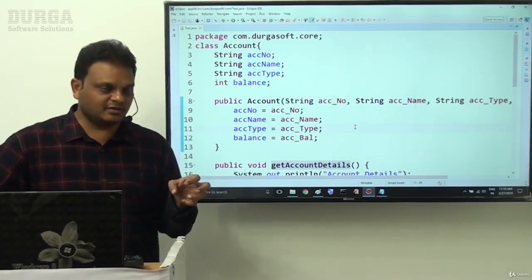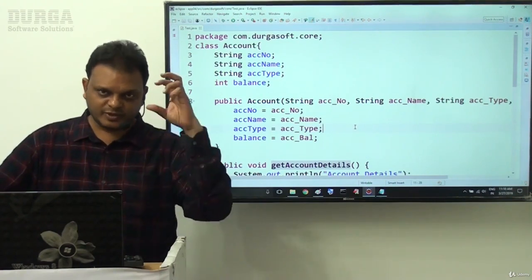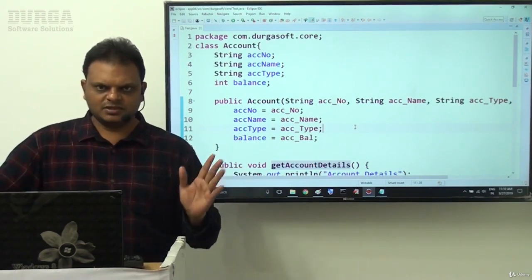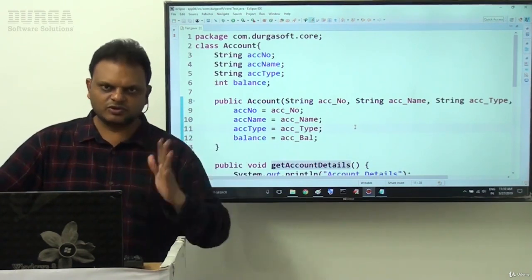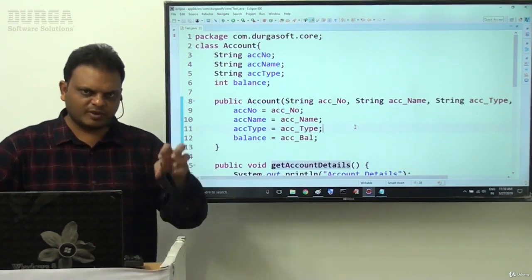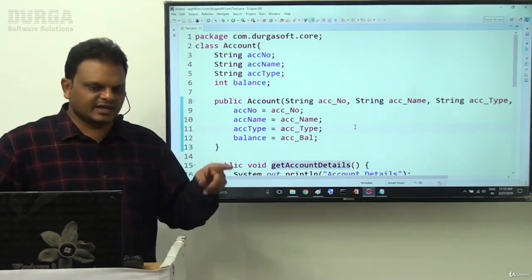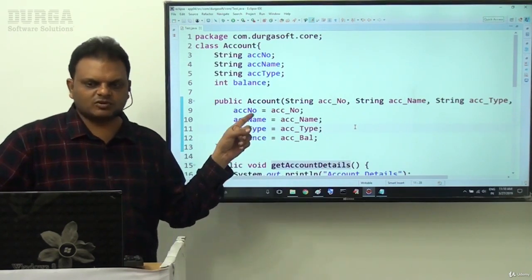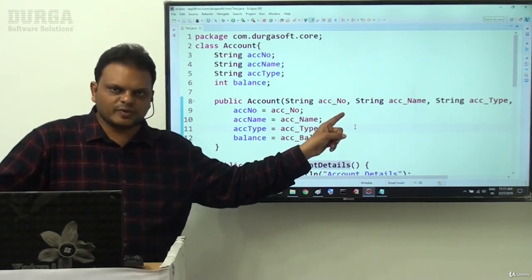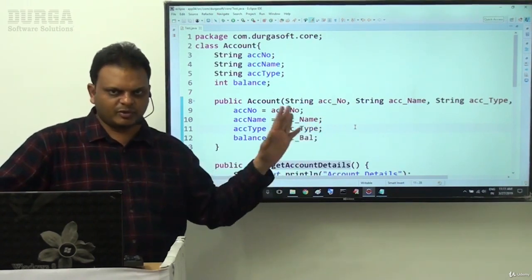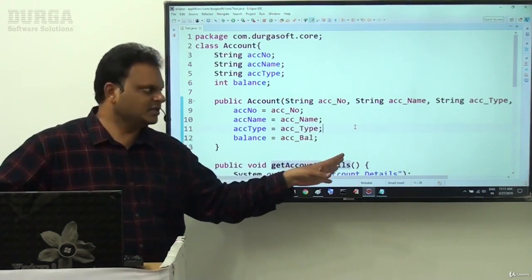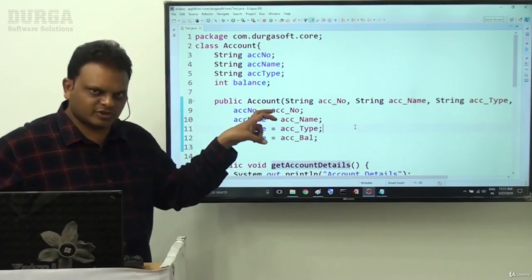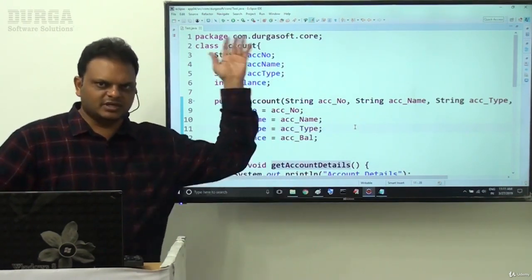But stack memory data, local variables data, will be available only up to the respective constructor or method. It is not available throughout the class. Remember this point: instance variables data are available throughout the class, while local variables have scope only up to the respective method. While creating an object for this account, we must call the account class constructor. When we call it, we pass data to these parameter variables. When we provide values to them, this data is stored in stack memory. The stack memory data has scope only up to the respective constructor. It is not available throughout the class.